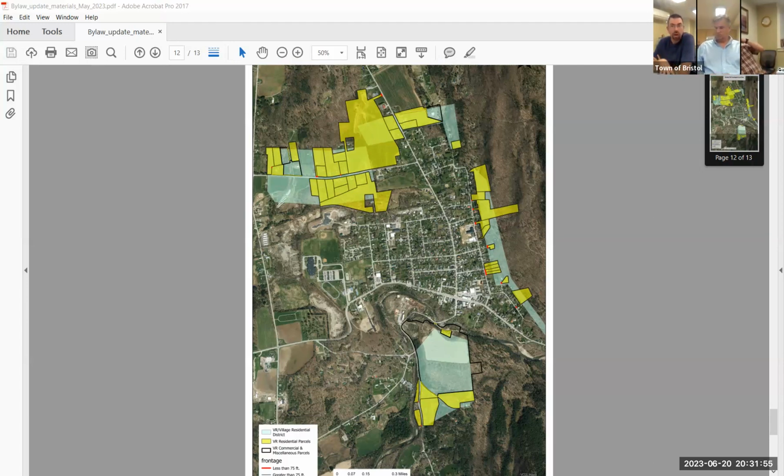Were we going to talk about redistricting at any point with this, or was the whole goal and intention just to look at the existing zones? Because now we're starting to. Yeah, I had not planned to get into redistricting, but you all made some compelling arguments on the mountainside and on the Plank Road area.